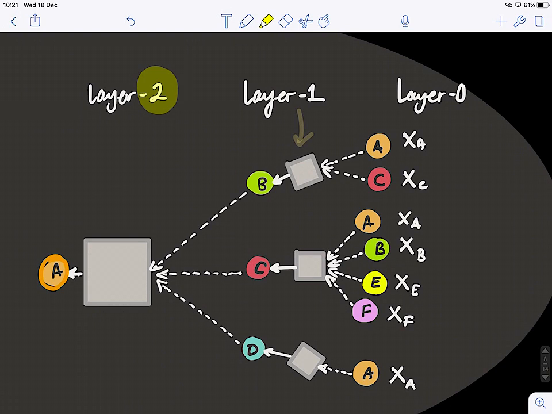Yes? For graphs where I connect only two nodes, for example, are only two layers meaningful, or can more layers be meaningful? This is a very good question. Is one layer meaningful, or two layers? It depends on the complexity and the topology of your graph. Generally, this is what we call a shallow model. Shallow models in the literature will not give you very impressive results. You might get good performance, but if you go slightly deeper,